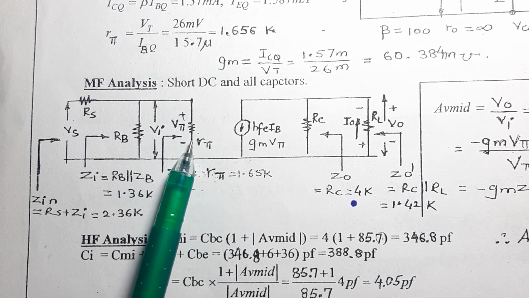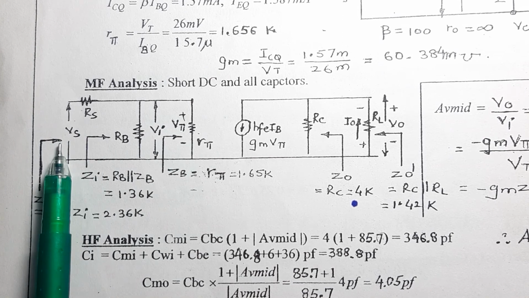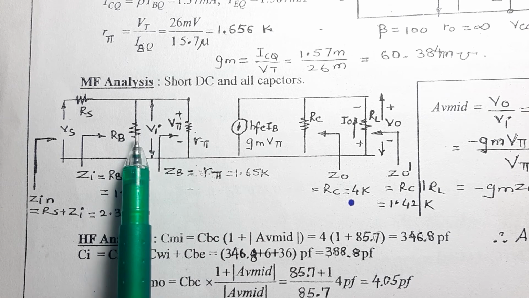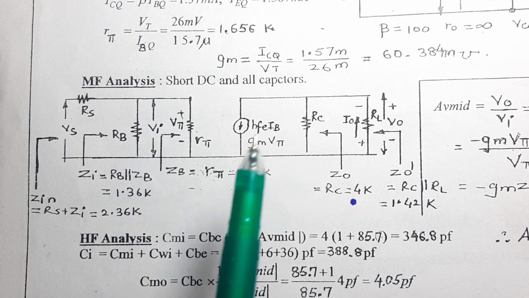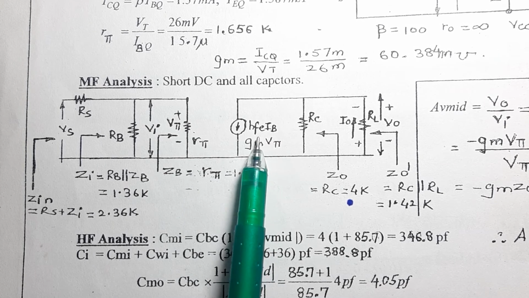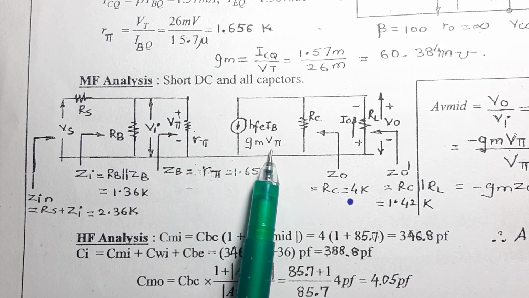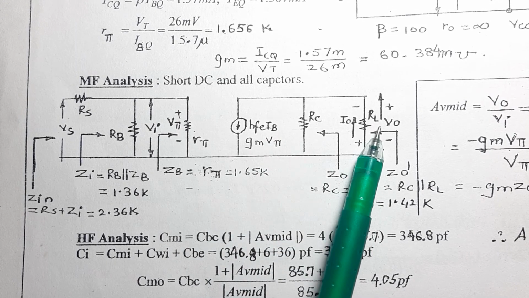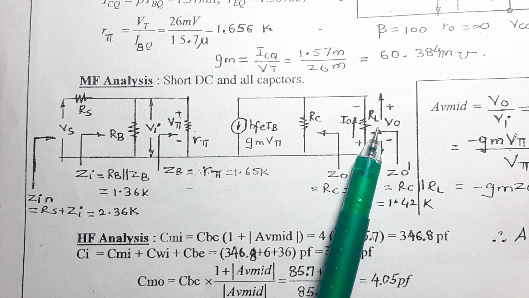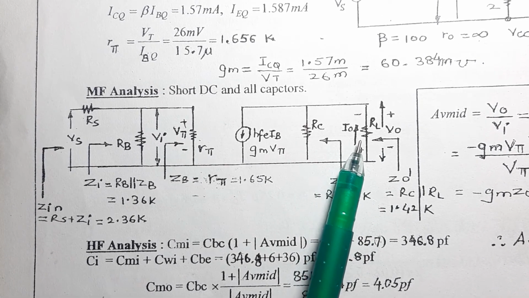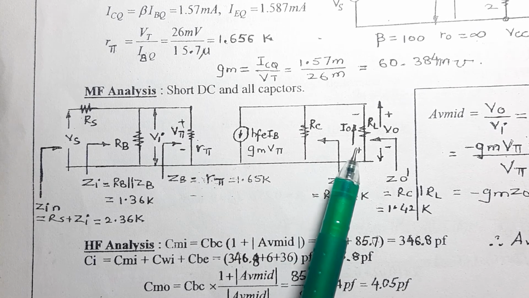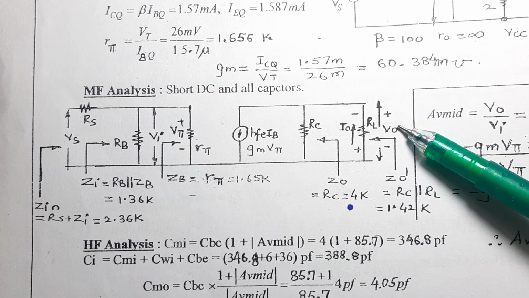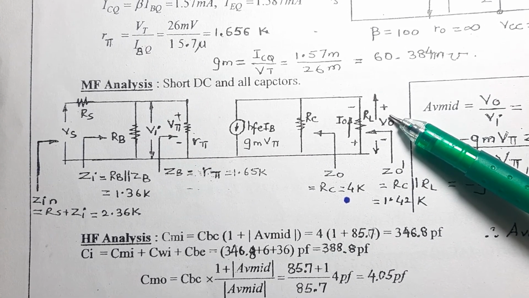The one which is present over here is known as R pi, then RB, then RS and VS into consideration. The voltage across R pi is known as V pi. Coming a step back, the V pi is also equal to VI over here. On the output section, you can write it as HFEIB or GM pi. Both are one and the same thing. Since we have RC, we'll write RC. Since we have RL, we'll write RL. Now your output current IO will flow through RL in the opposite direction, from bottom to top, but your voltage is being measured from top to bottom. Hence VO will have a negative sign. Therefore your AV will have a negative sign in this case.